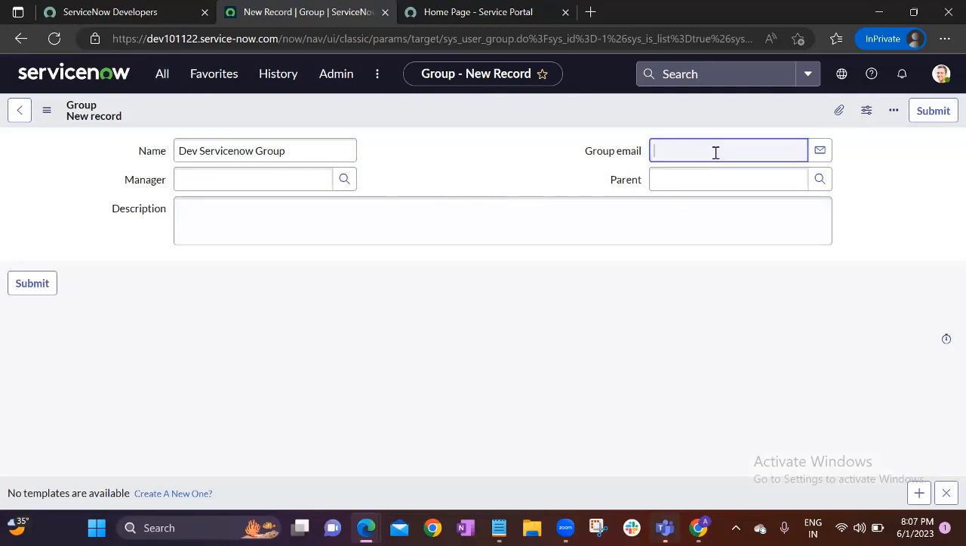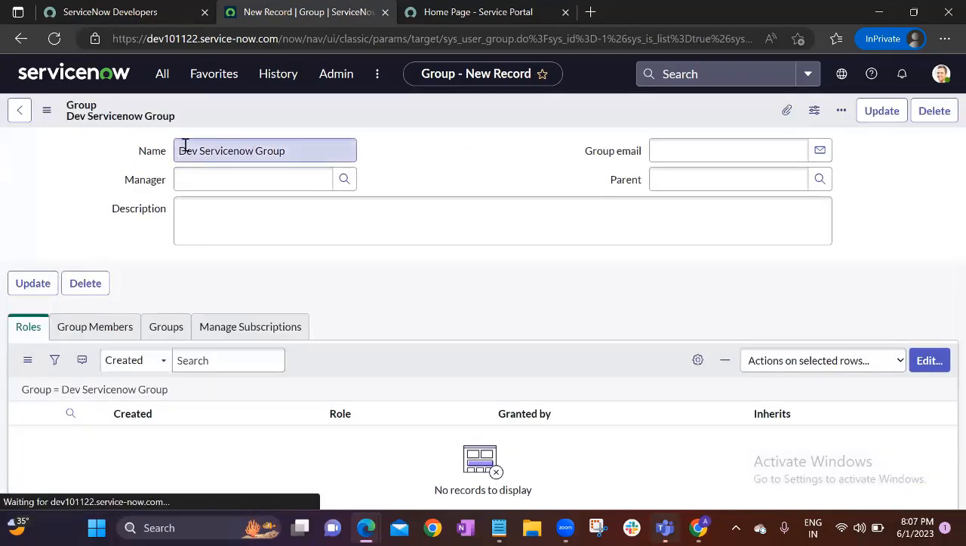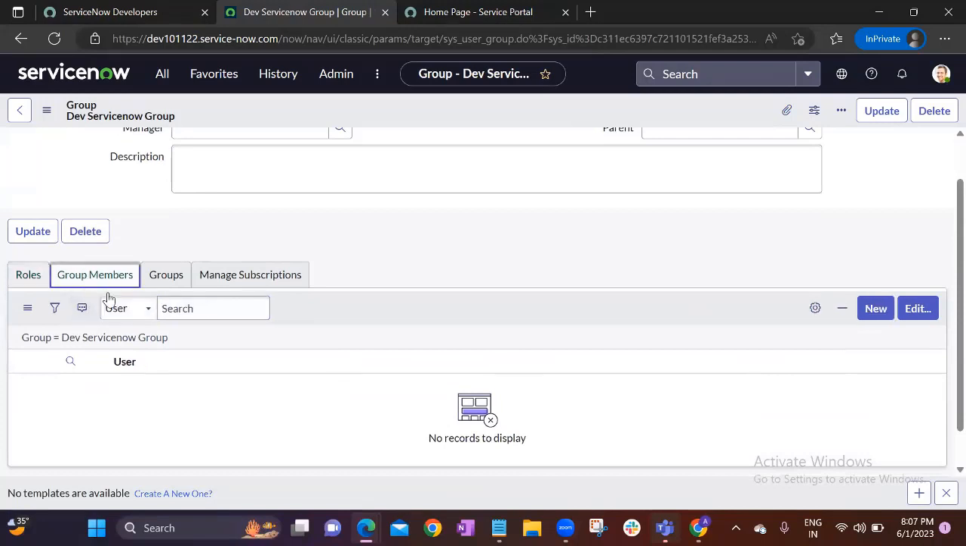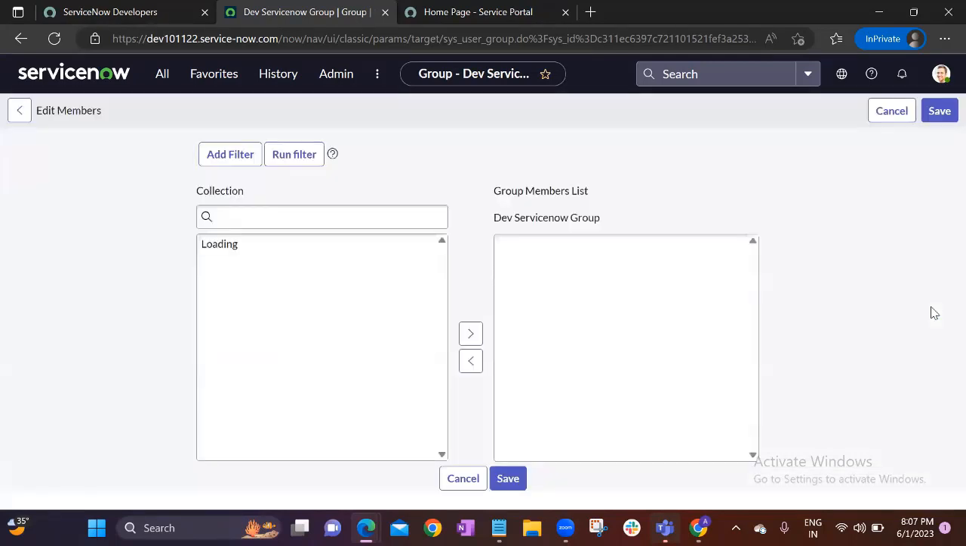So we can add some group mail ID and we can add some group manager. Okay, let's save it. Once you save the group, I've given some group name. Once you save it, you will get some option to see the group members. In the group members, if you click on edit,